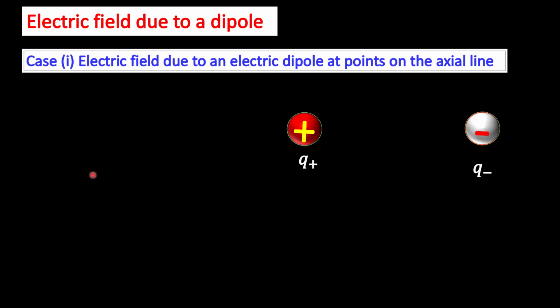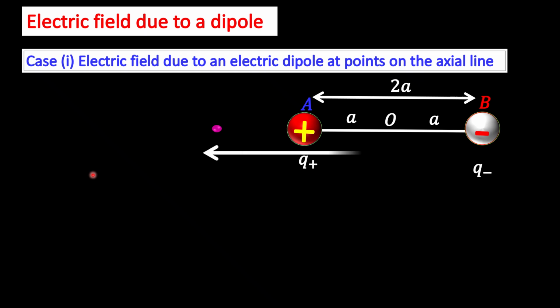Let us consider an electric dipole placed on the x-axis. The distance between the two charges is 2a. O is the midpoint of the electric dipole. A point P is placed at a distance of r from the midpoint O of the dipole on the